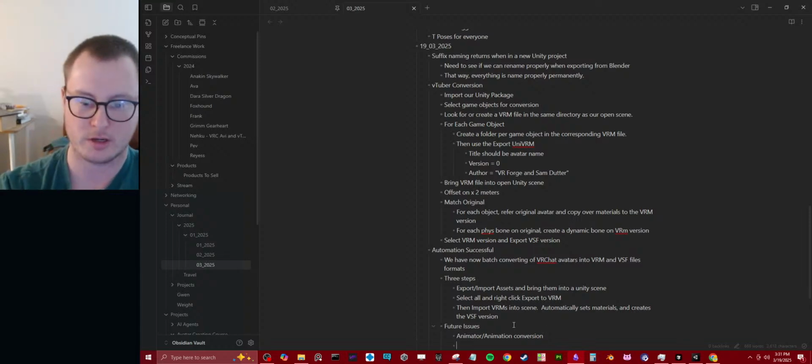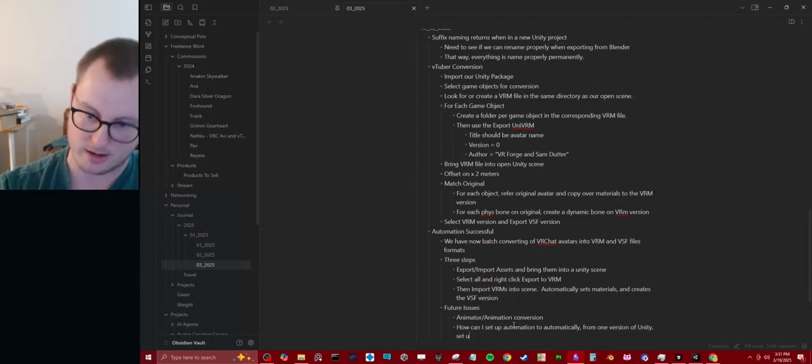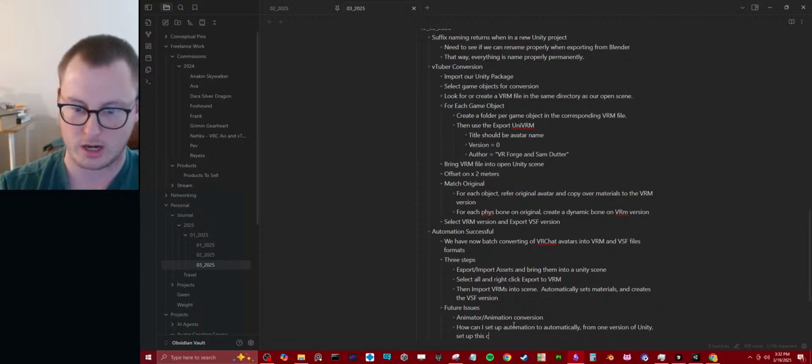And then I do want to know, how can I set up automation to automatically, from one version of Unity, set up this chain of exports, conversions,